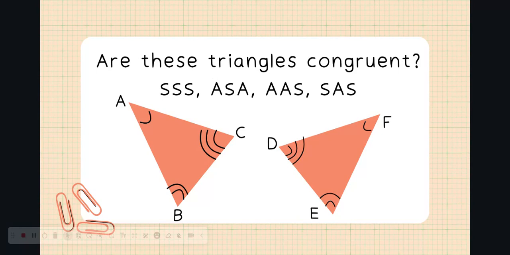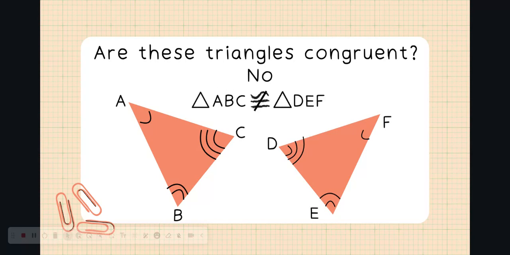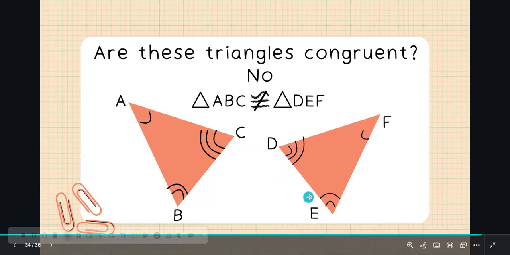This is our last one. These two triangles look congruent, but they are not, because they only have three corresponding congruent angles. This is not enough information for us to decide that these two are congruent, because we know that angle-angle-angle is not a real triangle congruency postulate,